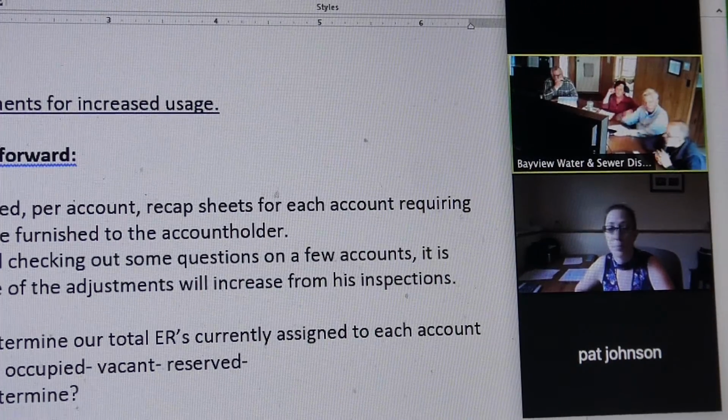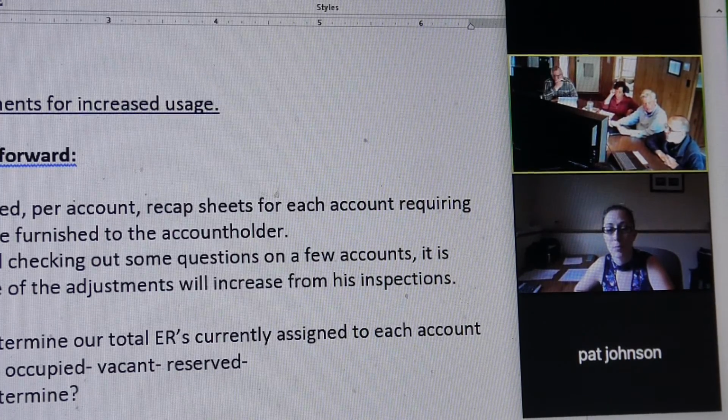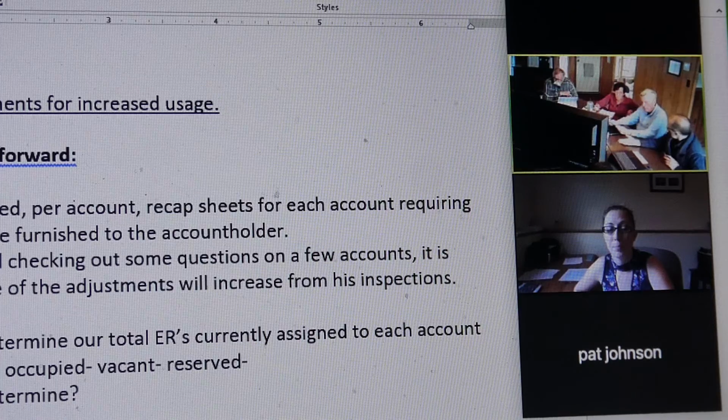I guess where I'm going is that I'm trying to ask more questions to wiggle in. So this is the document that was created by Jan, and what